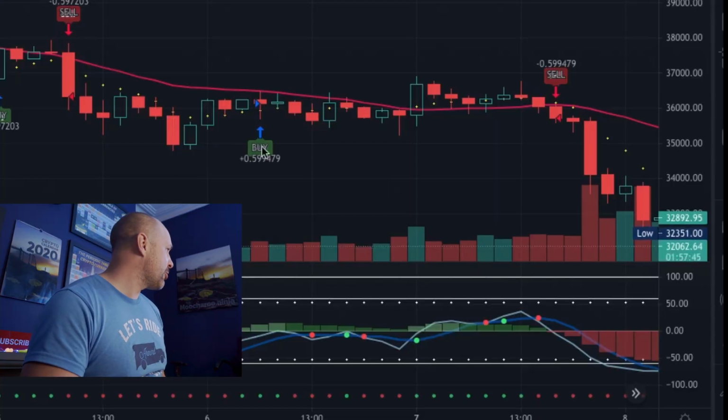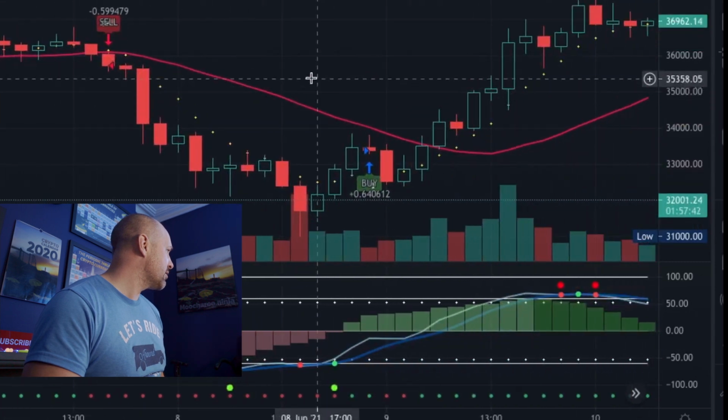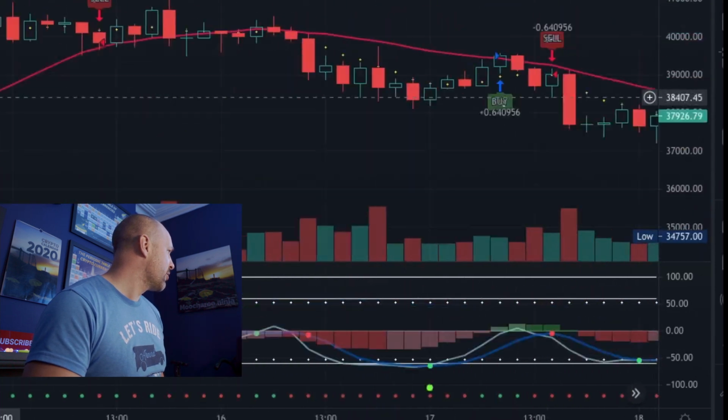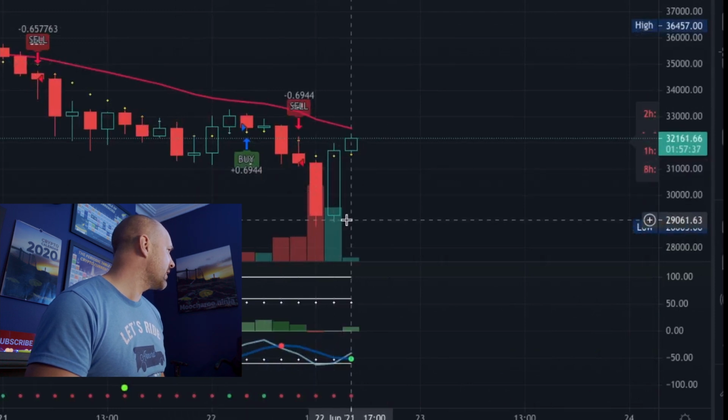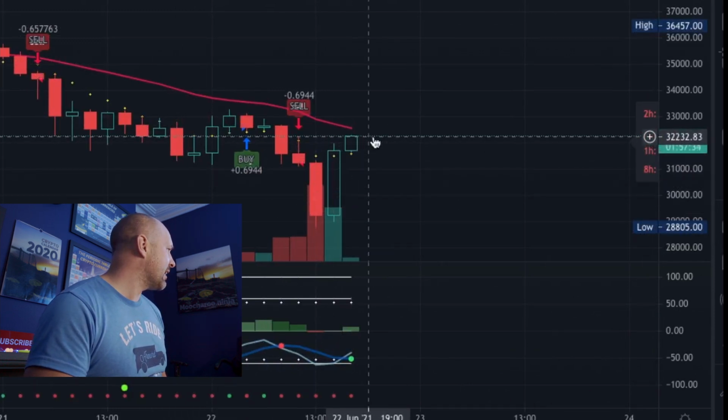Anyway, that's great. Now let's check out this chart. What we can see is Bitcoin does seem to be on the move again. It seems to be coming back up now. I don't know where it is, but I can see the price. There we go. So wow, Bitcoin all the way down there to 28, and now it's already all the way